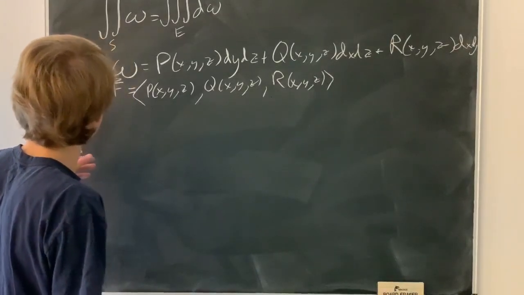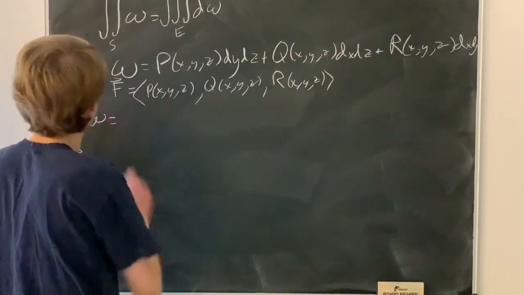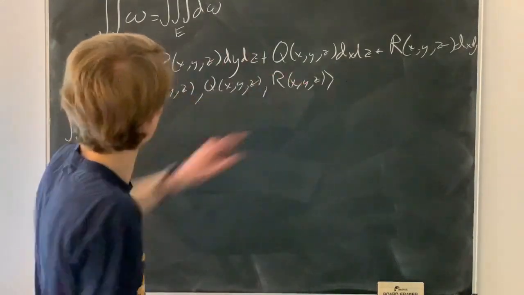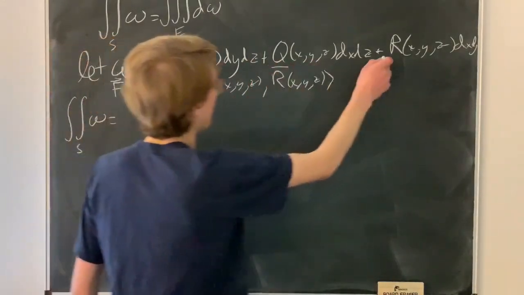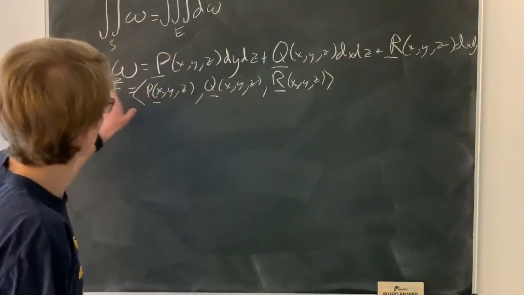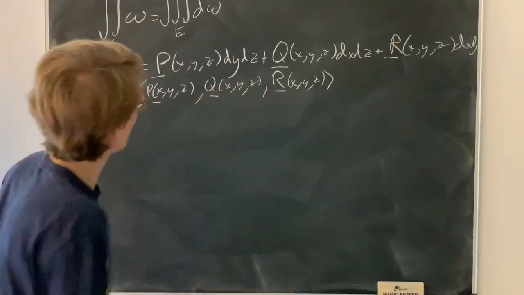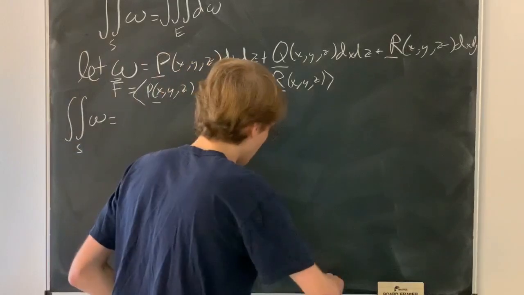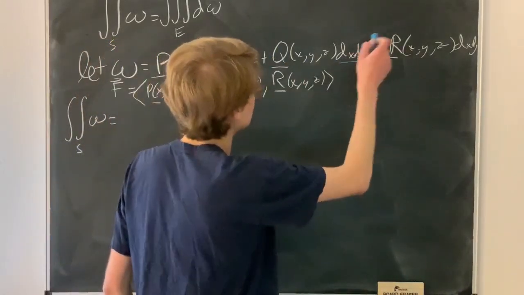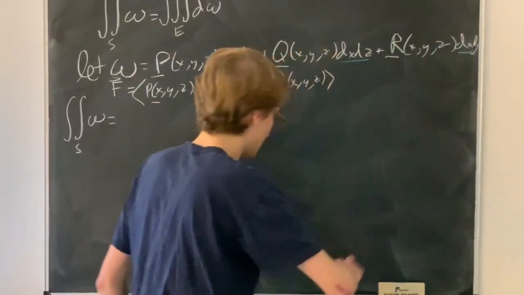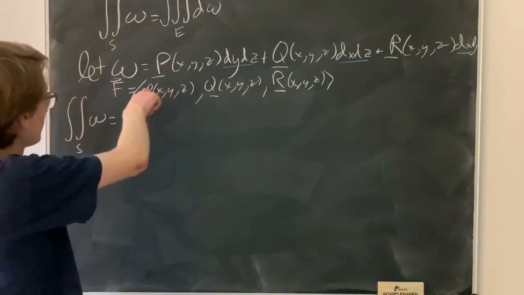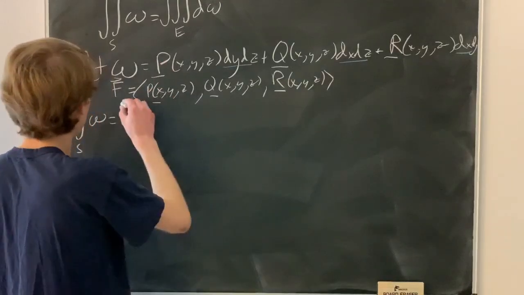Well, what is this? We have P, Q, and R. That's defined as F. We're multiplying by dy dz, dx dz, dx dy. This we can say then is nothing more